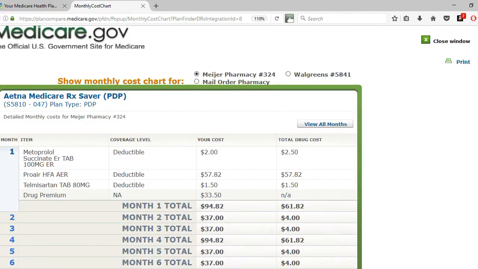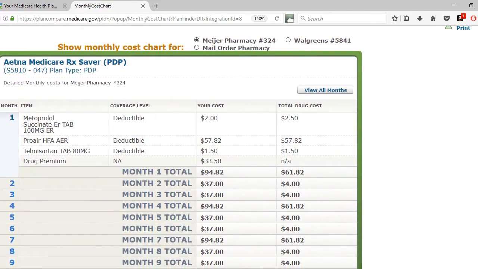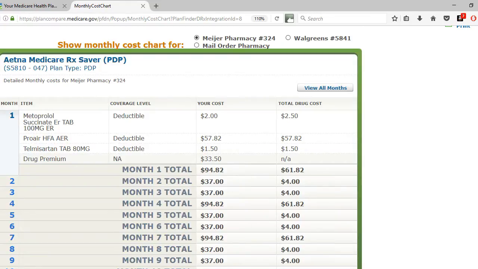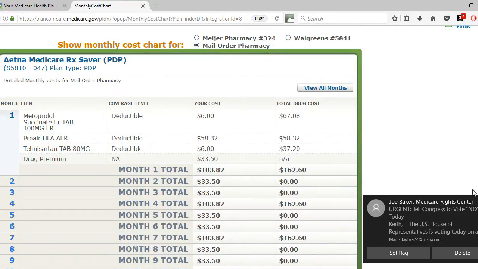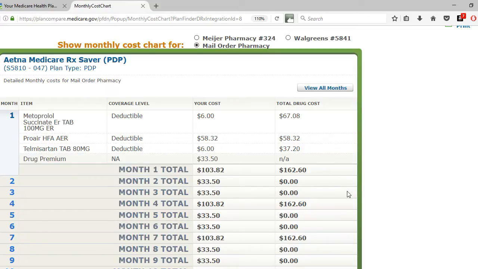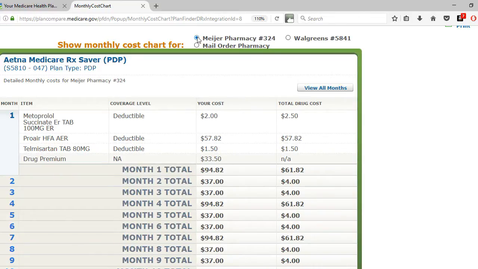A new window or a new tab will appear, and this is what you really want to look at too if you're curious about what you're going to pay every time you get your prescriptions filled. You can choose Meijer, you can choose Walgreens, you can choose mail order pharmacy. Notice that these amounts change when you click on these. Okay, so we're going to view all months,